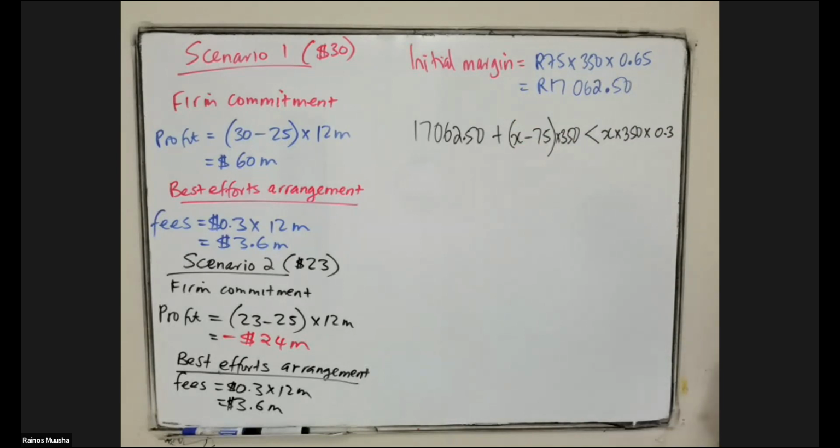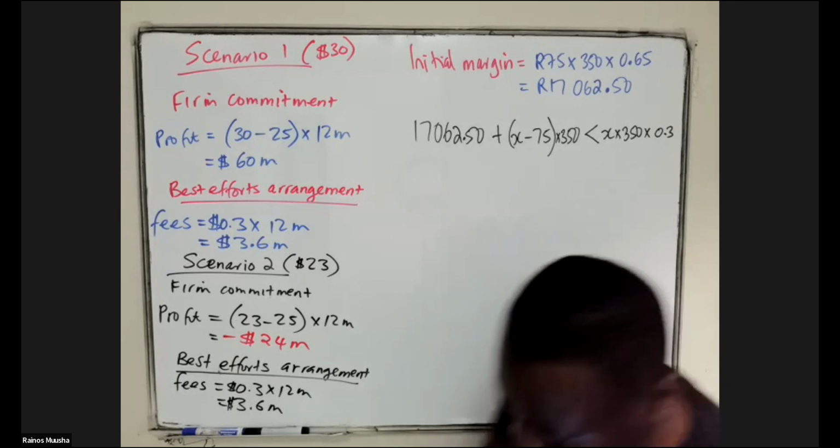So if you're going to be owning the shares, you suffer a loss when the price of the share goes down. Which also means that when you suffer a loss, you are going to be receiving a margin call when the price of your shares goes down by a certain amount. Because remember, if you look at the graph,